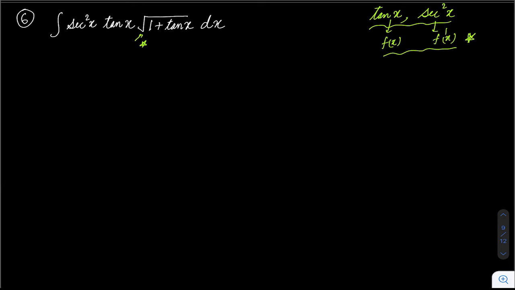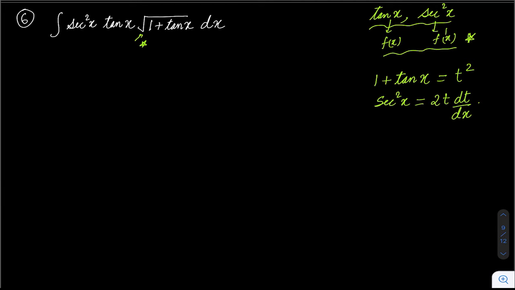Now to do both of these things at the same time, what we can do is, now this is important, I will take 1 plus tan x as t square. Now what that does is, I have taken function of tan x as f(x) and I have eliminated the root also. So let's see what happens when we use this. So let's do the differentiation, the same process. Differentiation of 1 is 0, differentiation of tan x is secant square x, and differentiation of t square is 2t into dt over dx.